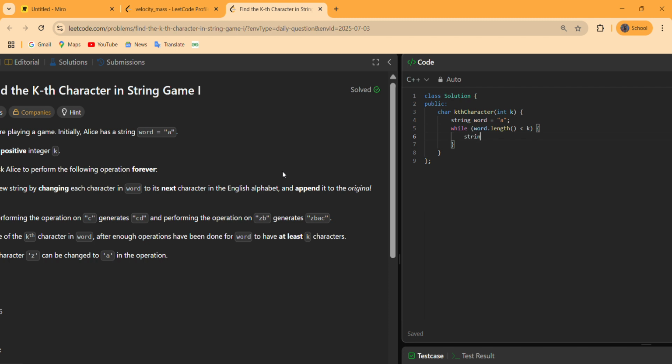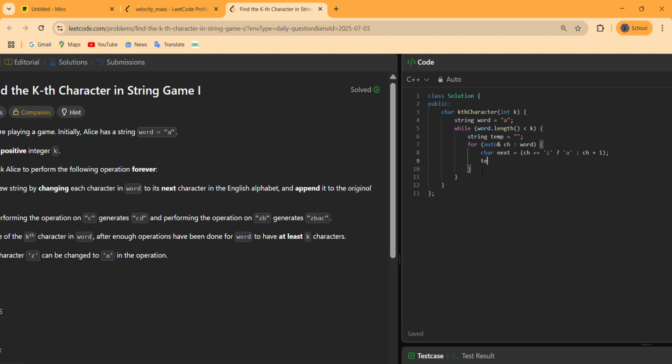Maintain a temporary string, and now find the next adjacent character for each character of word. As we can see, for z the next character will be a, so we have to follow the cyclic fashion as well. Whenever the character is z, the next character will be a, otherwise the next character will be ch plus 1 only.